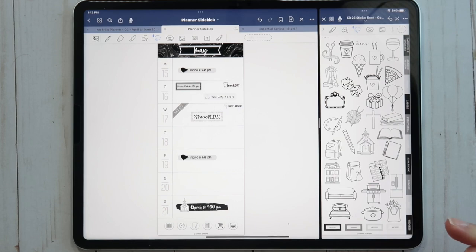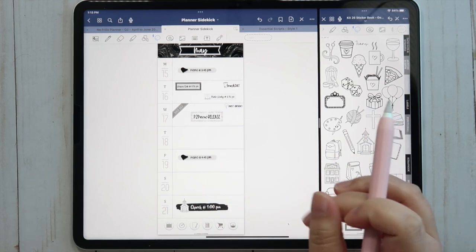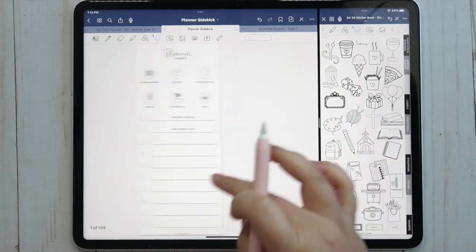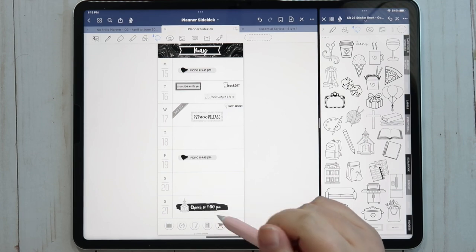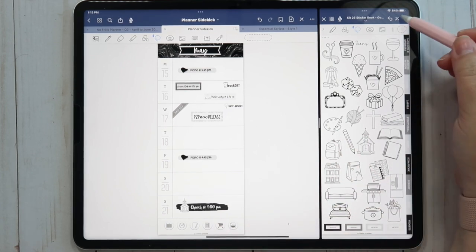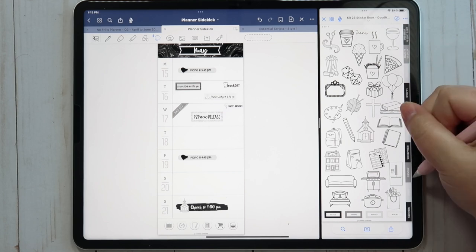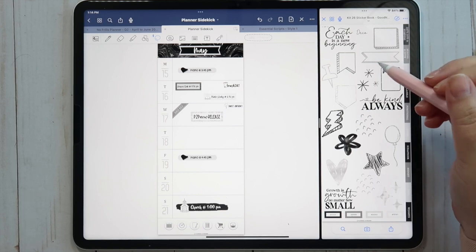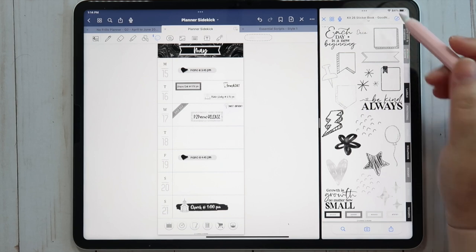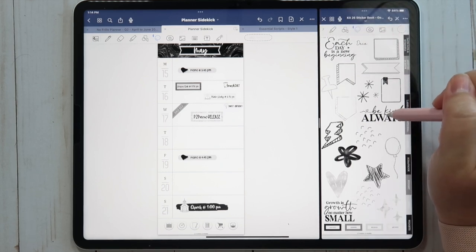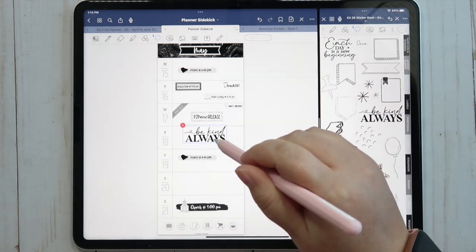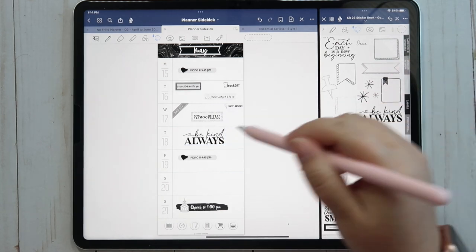Cool. So all the plans are in, and I'm gonna leave the icons alone since it's black and white anyways. Normally I'd like maybe put little colored circles on top there, but I think I'm gonna pass on that. So I think now we can just go over to the deco and maybe find some stuff to like throw in here. I like this one, the Be Kind Always. I feel like that would look really good just in the middle here. Be kind always.